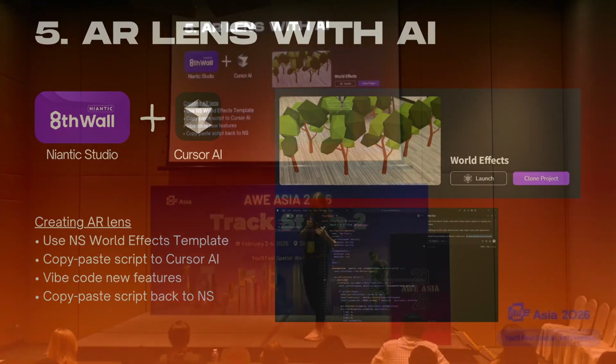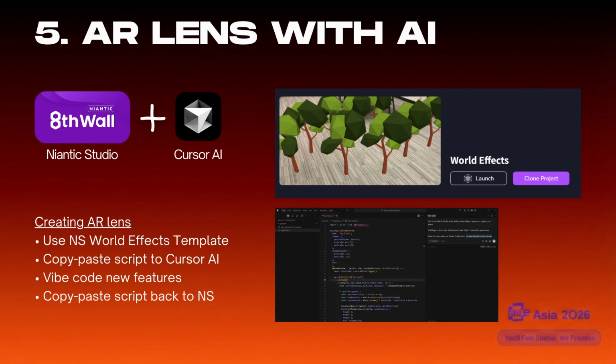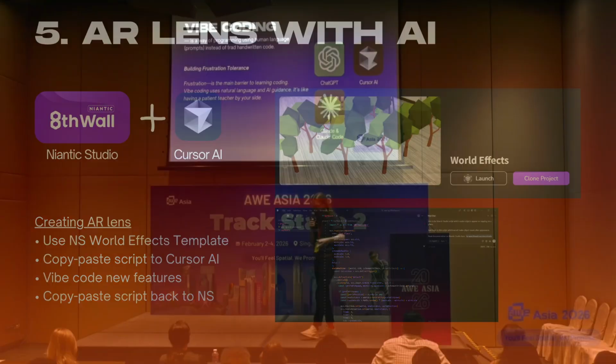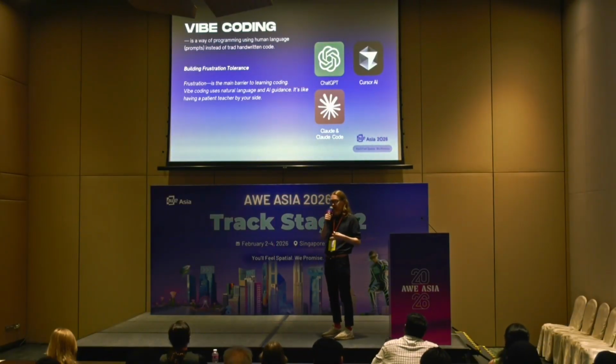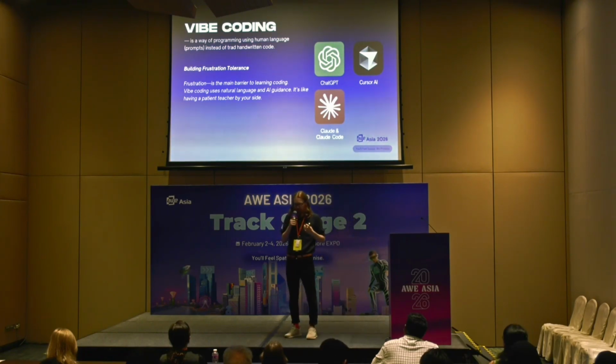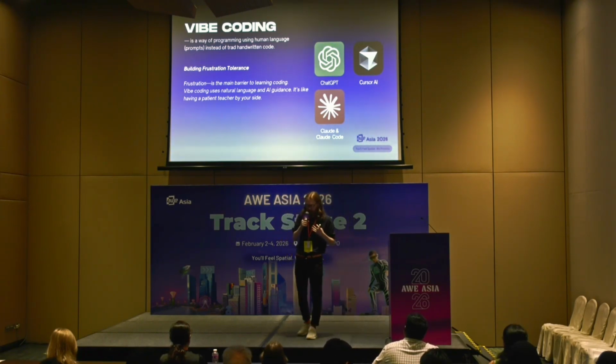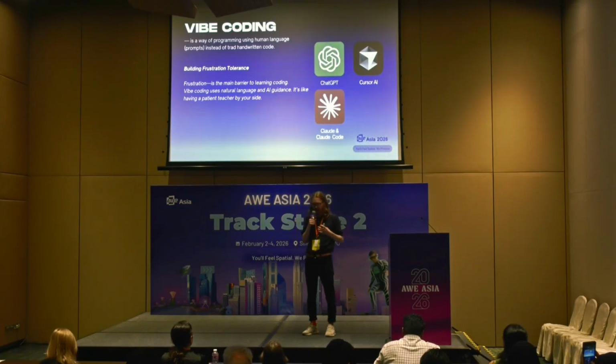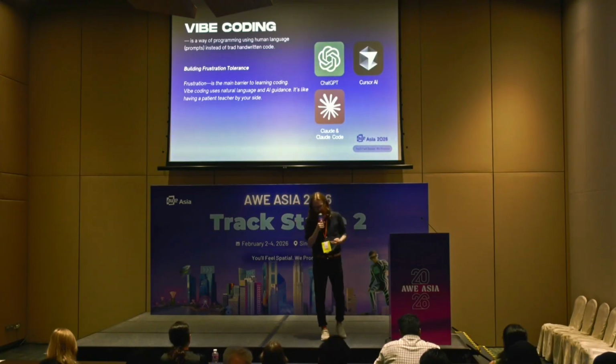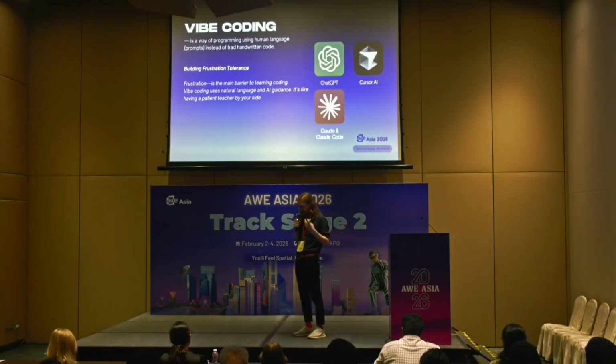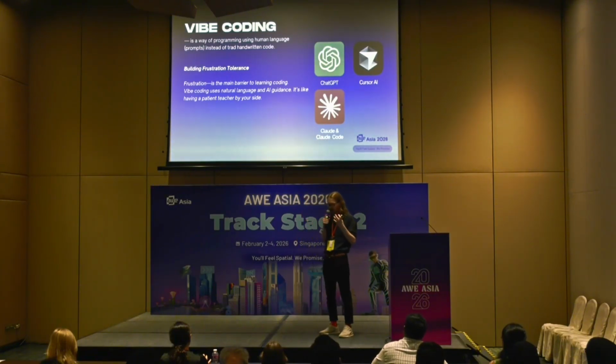And then I decided to make an actual lens. For that, I used Niantic Studio and Cursor AI. Cursor is basically a code assistant. I will guide you a little bit through how I created the experience. Cursor is one of these tools which help you to code with human language. It's a new thing called vibe coding. I can just tell Cursor, can you write me code which animates this model, or which will make this model show up,